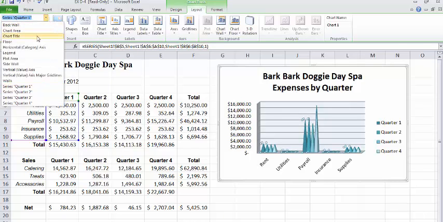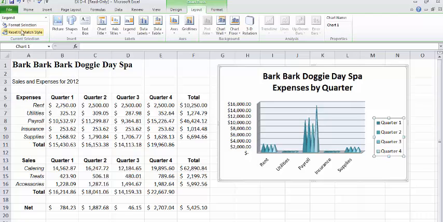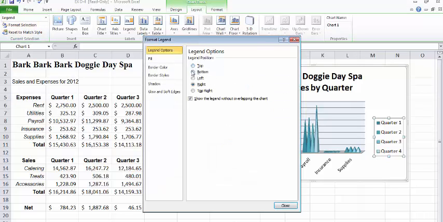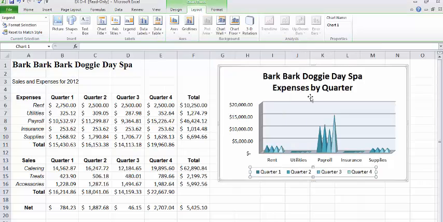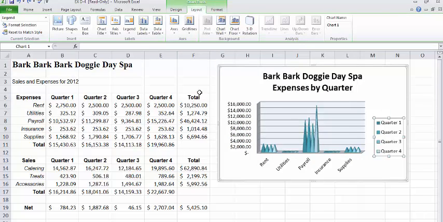So if I want the legend on the bottom instead, look, see there, it puts your legend on the bottom. Now I'm going to put it back because I don't want that. What I can do here is, when I go on over, I can add pictures, I can add any of these things. I can go to the chart title,